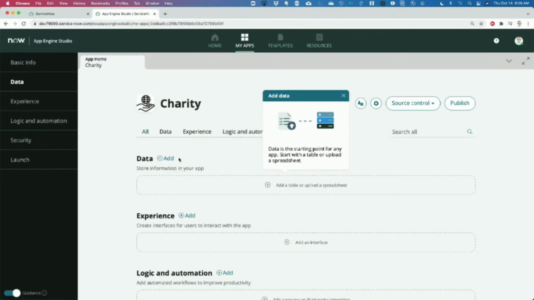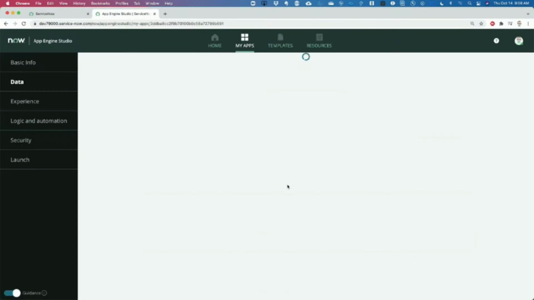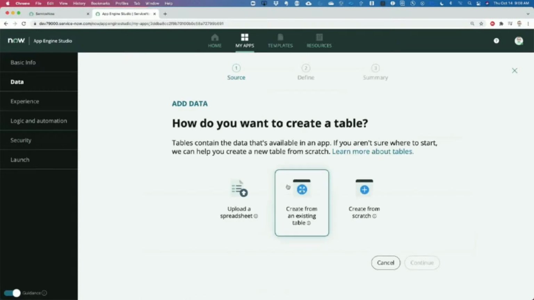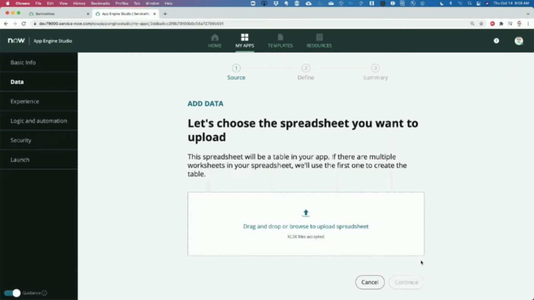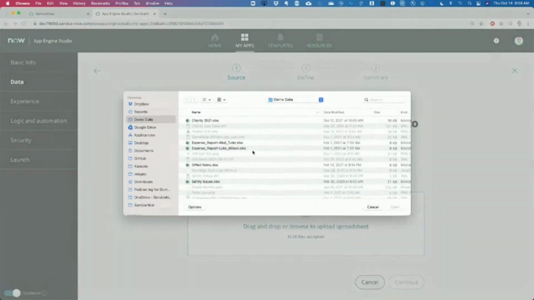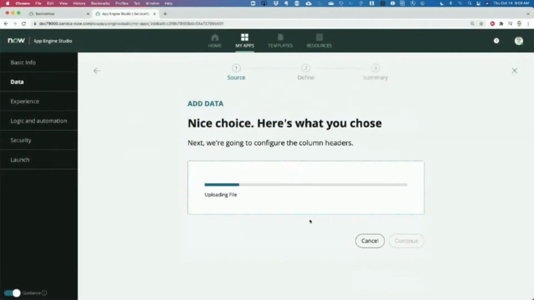All right. And it guides us right to the place where we want to point our cursor. App Engine Studio is really helping us do this. I can also click Add up here next to the word Data. So let's do one of both. Let's start in the middle. And I've got a few choices for building a table. I'm going to upload that spreadsheet that I was just looking at by clicking through here, get my spreadsheet,